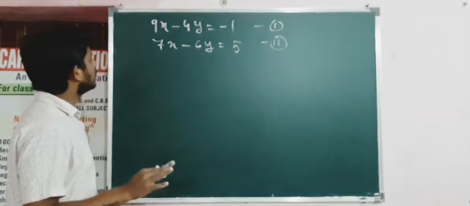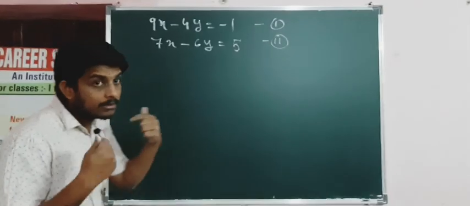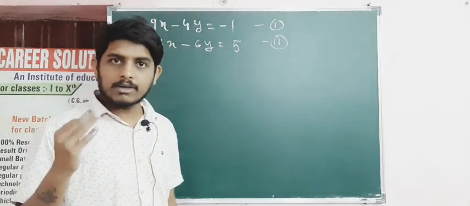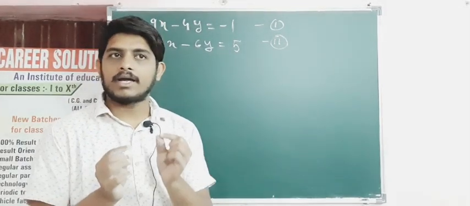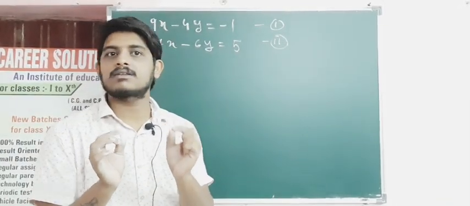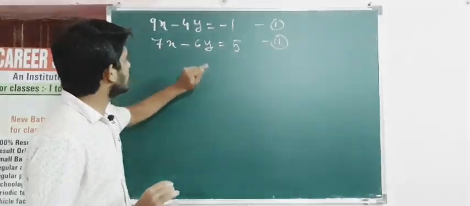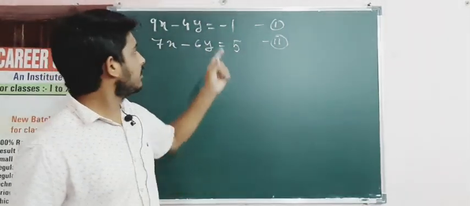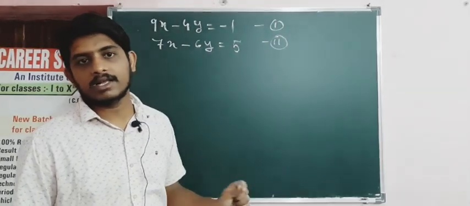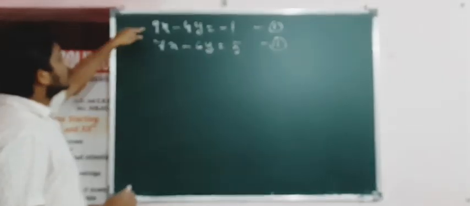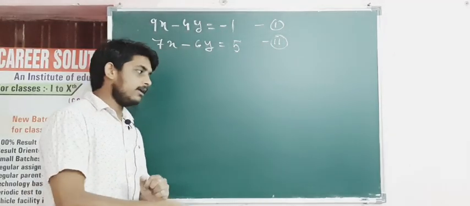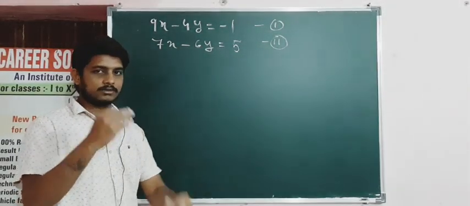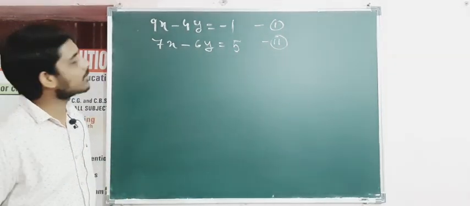You can eliminate variable x also, I don't have any issue. Why I am eliminating variable y? You want to know? देखो मैं क्या देखता हूँ कि कहाँ मुझे छोटे नंबर से मल्टीप्लाई करना पड़ेगा. 4 3 जा 12 एंड 6 2 जा 12, तो एक इक्वेशन में 3 से और दूसरे में 2 से मल्टीप्लाई करूँगा, काम बन जाएगा. बट अगर यहाँ आऊँ तो मुझे इसको मल्टीप्लाई करना पड़ेगा 7 से और इसको मल्टीप्लाई करना पड़ेगा 9 से. तो why I will go for the long procedure? In mathematics go for the shortcuts, है ना. मैथमेटिक्स में शॉर्टकट बहुत मैटर करता है.